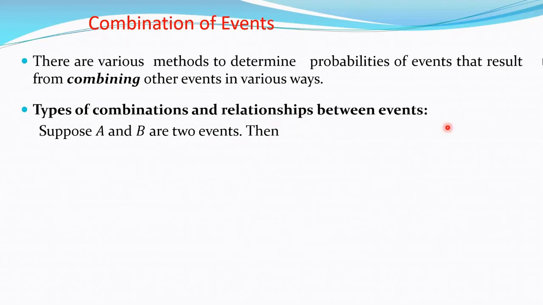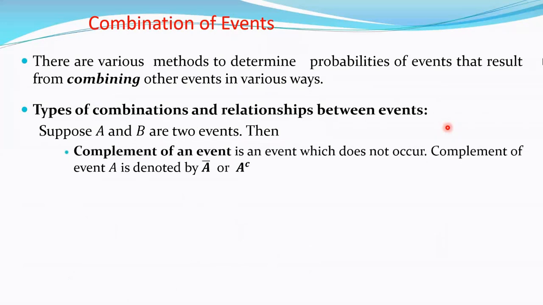Now there are two events, A and B. The first combination is made of the complement of an event. If you know the event, what is the complement of an event? That means the event which does not occur. If A is an event, then the complement of A